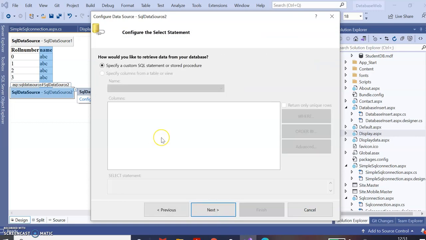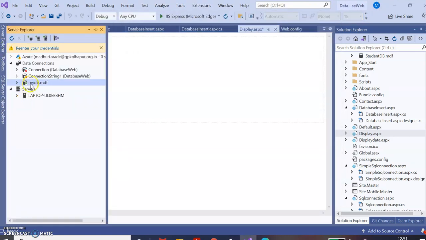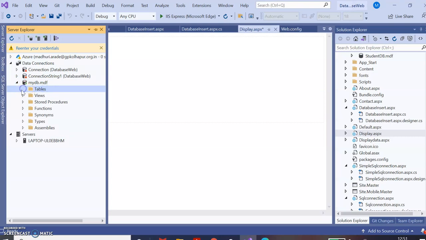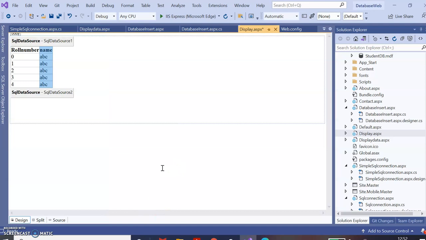And for that, this connection will be established, and now on that connection you can perform the different operations. You can even specify a custom SQL statement. Right now in this database no table is created, so it is not showing anything. We first have to create a table, and then we can perform the operations. You can write a custom query also.